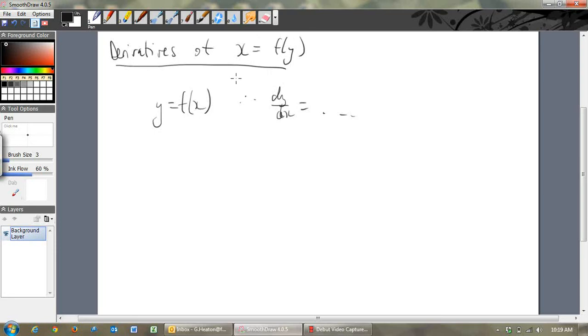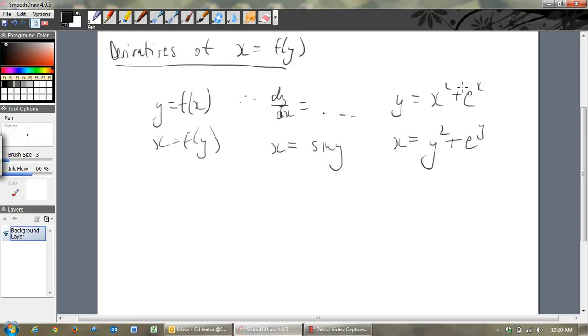What we're doing now is the other way around, when we've got x as some function of y. In other words, something like x equals sine y, or x equals y squared plus e to the power y, things like that. Can you see how this is very different to y equals x squared plus e to the x? So this is what we've done up until now. This is what we're going to look at now. And it's quite important when we come to inverse functions and things like that to be able to go